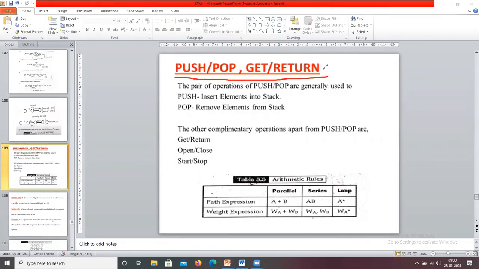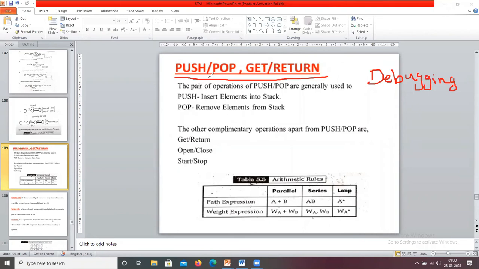This model can be used to answer several different questions. So that can be turned up in debugging, it can be erased in debugging. It can also help decide which test cases to design. What type of test cases are you going to design for this push pop and get return?